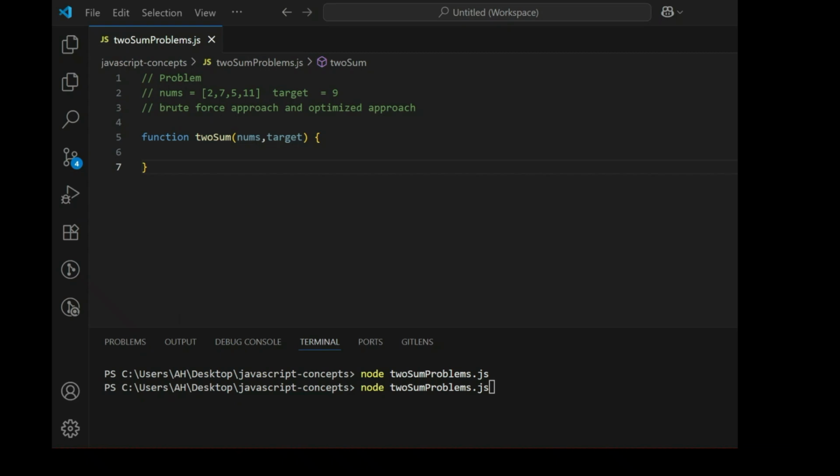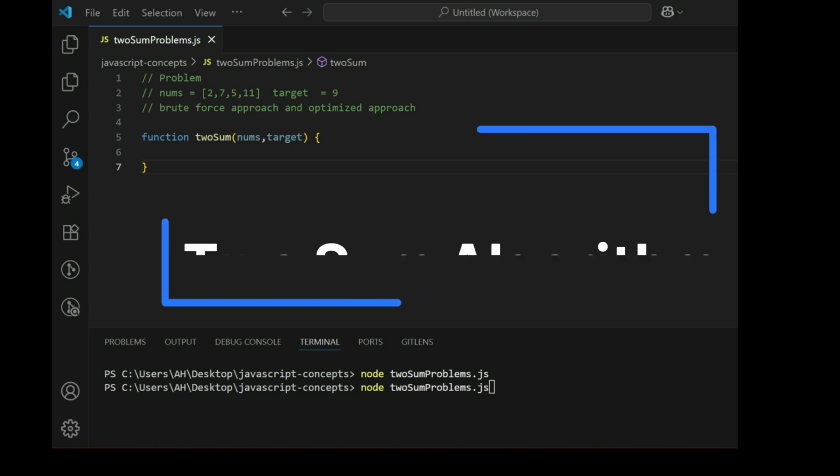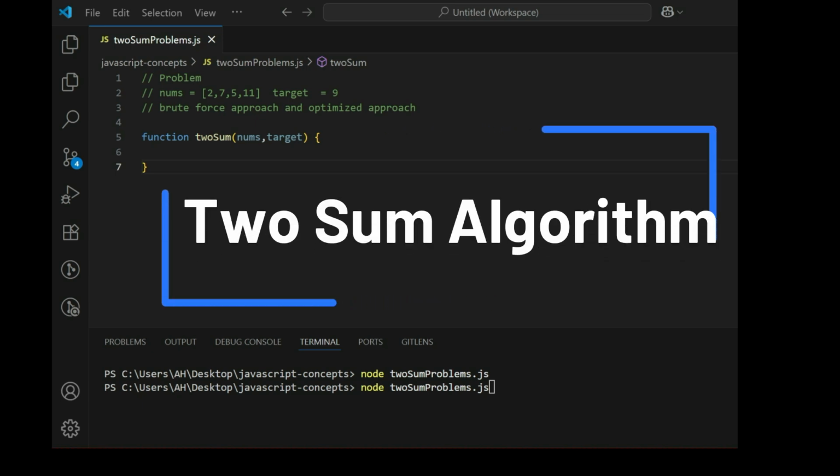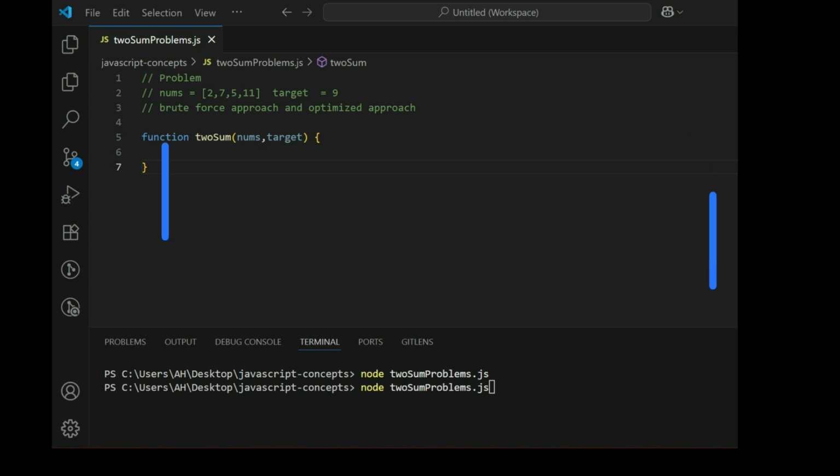So today we are going to solve another JavaScript algorithm, which is the two-sum algorithm. This is the most commonly asked JavaScript interview question, as this interview question is also listed in LeetCode. If you don't have any idea about LeetCode, I will surely share the link in my description. On LeetCode, you can also solve different JavaScript algorithms and strengthen your logic building by solving algorithms at the basic level, intermediate level and advanced level.